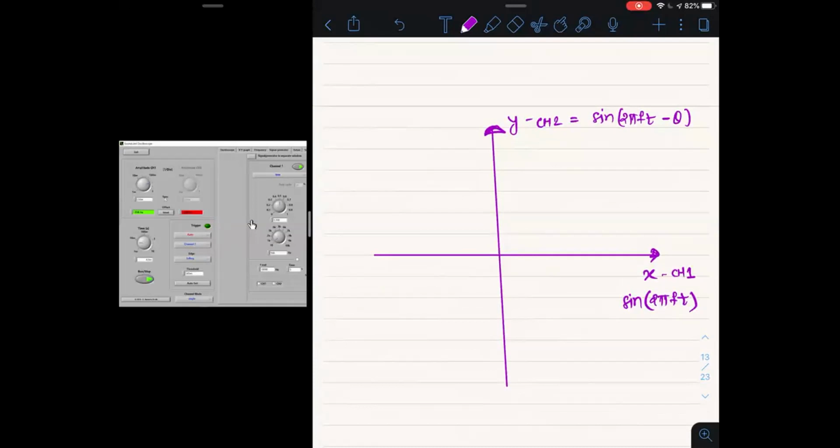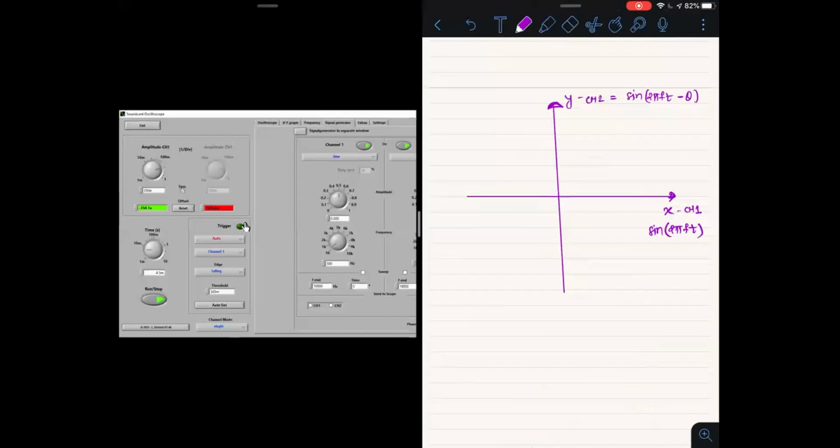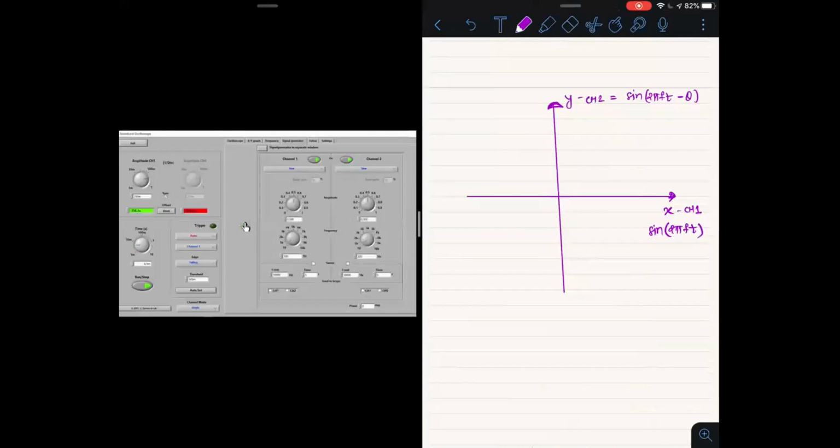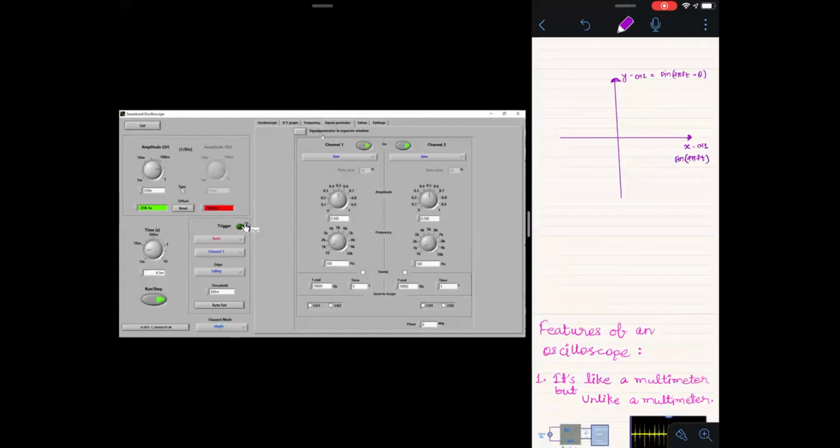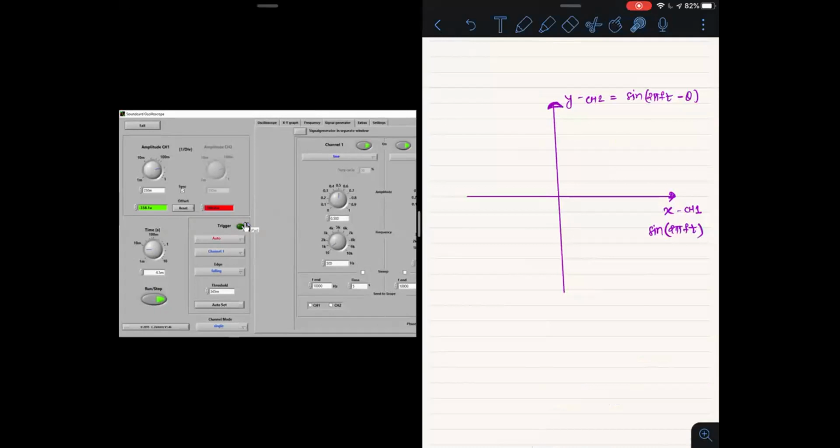And how can you assure that this is due to the delay? How can we be sure that this is because of that delay? Just go to the software, and in the software, we will try to put some delay deliberately, and we will see whether this delay can change the shape of the signal.